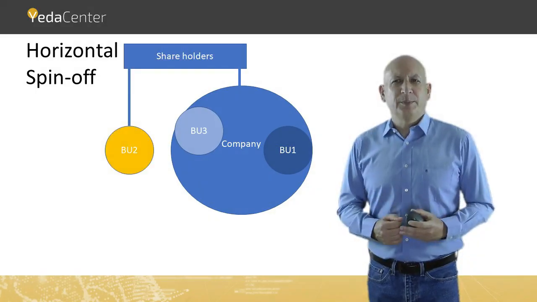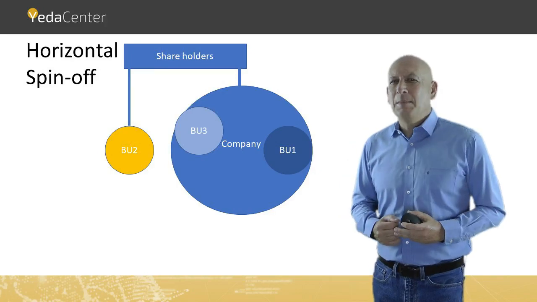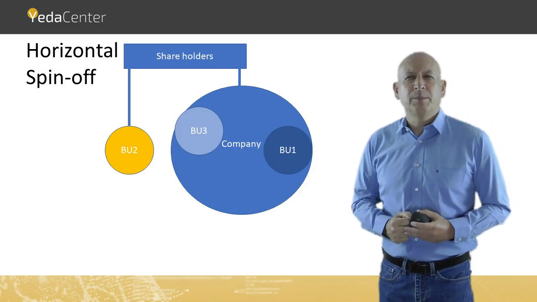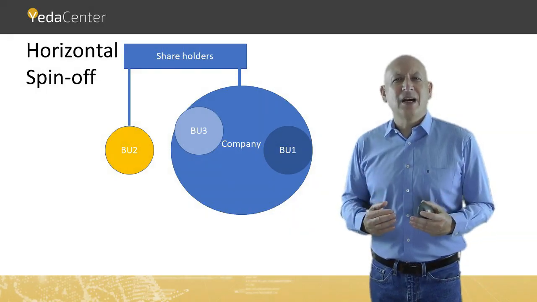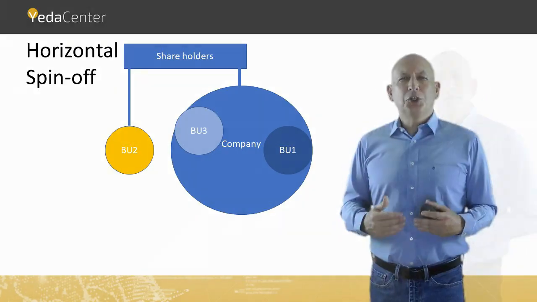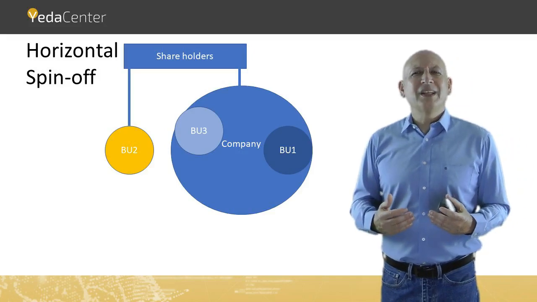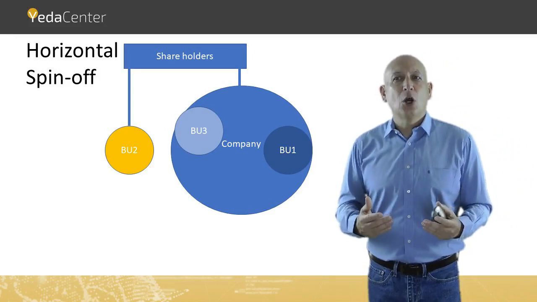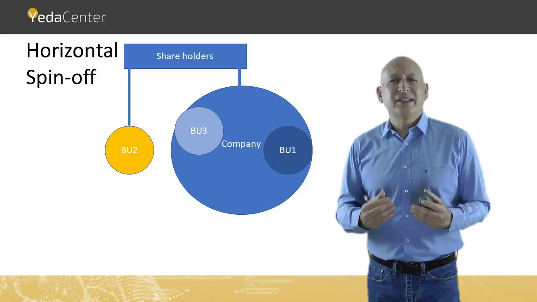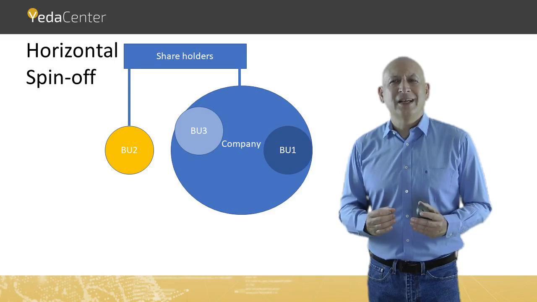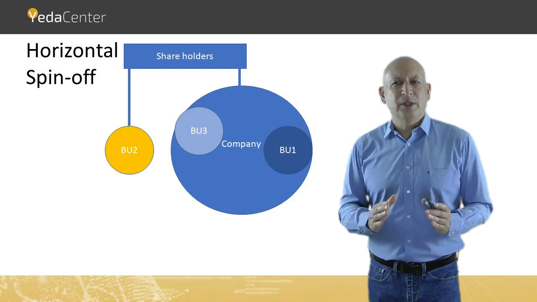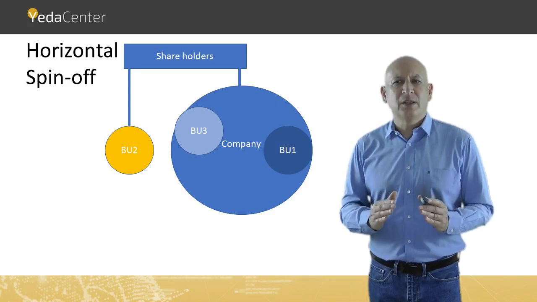In a horizontal spin-off, the spun-off company becomes a sister company of the mother company, such that both companies are now owned by the same shareholders. The shareholders in the parent company automatically become shareholders of the newly formed spin-off company, in the same ratio, through a non-tax distribution of new shares. Now, this is a general statement, yet in each country you need to check the specific tax regulation.